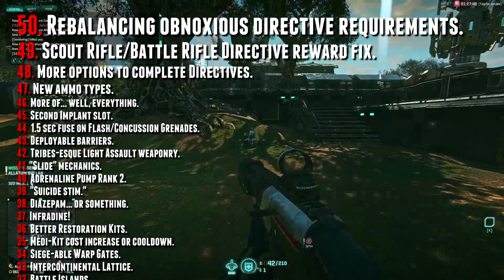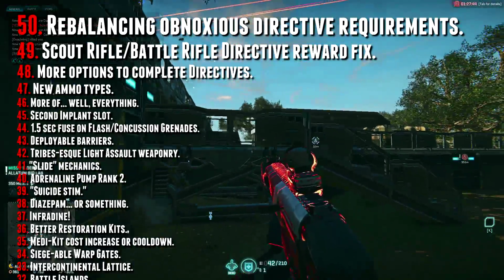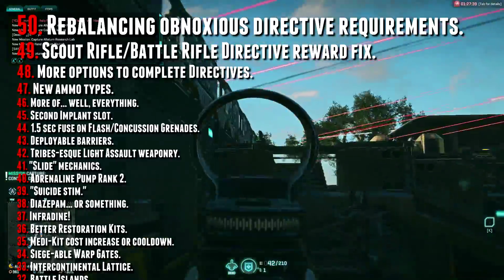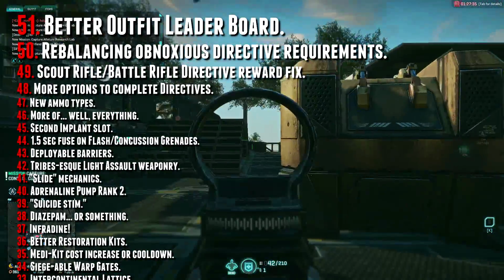Rebalancing some of the directives in general would be good too. AV grenades, for example, still require kills when they should probably require damage dealt. That would make it a much less painful experience instead of trying to scalp kills on max units to the detriment of your team. Outfits could use a lot of attention as well, so a solid leaderboard would be one